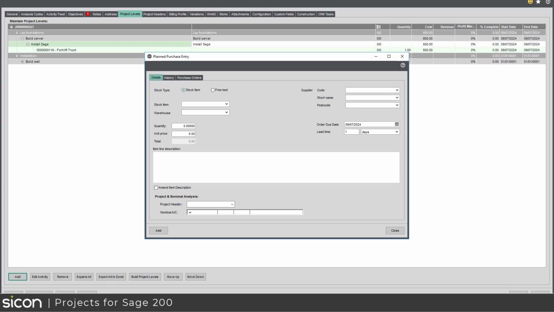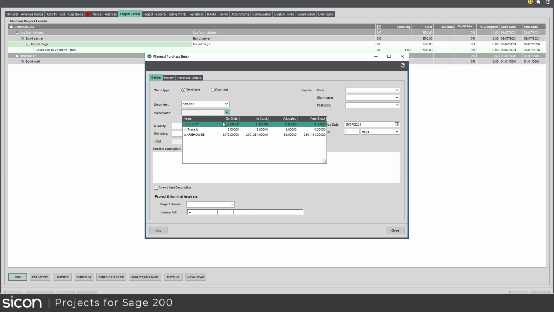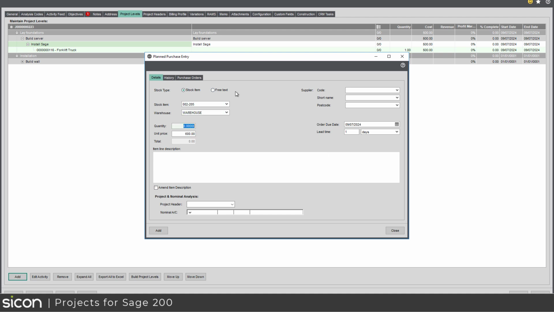If you're the type of customer who has very long-term projects and perhaps you want to keep a track of costs that are going to be happening in, say, 6 months' time, but you're not ready to place a purchase order with your supplier just yet, we have an easy way of being able to do that. So all I'm doing is saying, what is it that I want to purchase? That could be a free text or a stock item, and then saying the quantity and what I think the price might be. I'm not going to choose my supplier just yet because I don't know who I might want